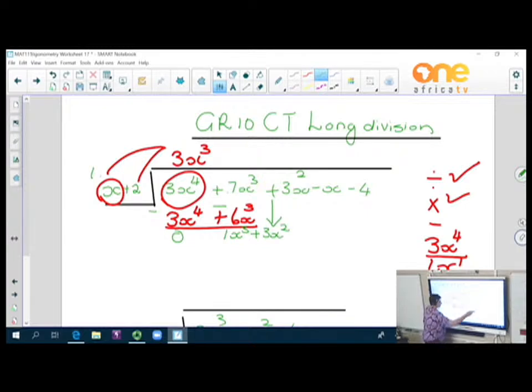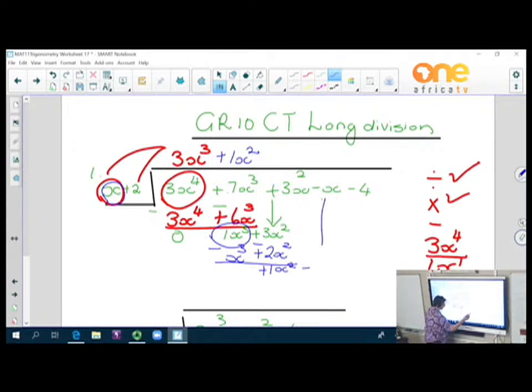So now we're going through those steps again. How many times will x divide into this number here? And it will be plus 1x squared times. Multiply. Then you have x to the power of 3 plus 2x squared. Subtract. So we change the second signs and add. Plus 3 minus 2 is plus 1x squared. And we bring down